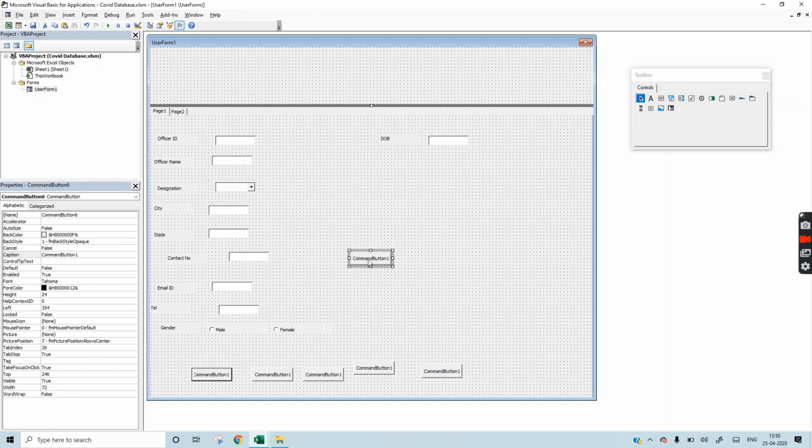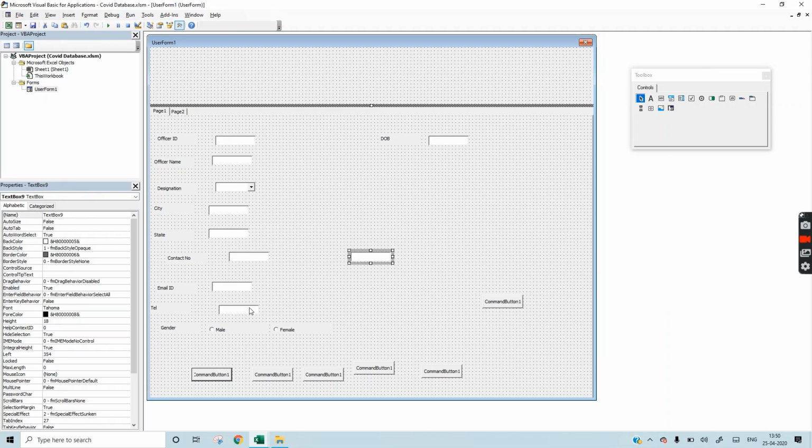One command we will need for the search button. One text box we will need for the search button.